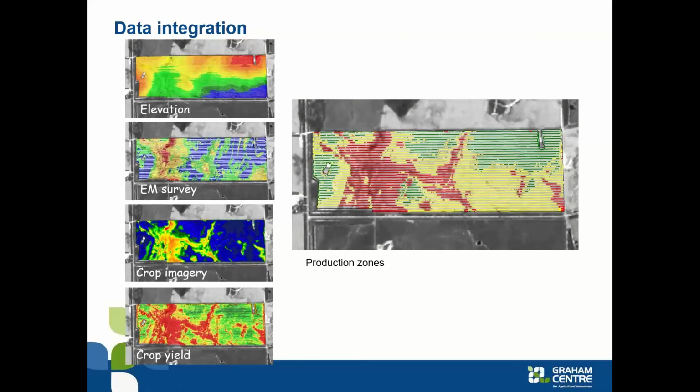Ideally, rather than relying on a single source of information, as we were talking about earlier, it's an even better scenario if we can take multiple types of information. So if we can take landscape information, soil mapping, imagery, yield, it can be multi-years of imagery and multi-years of yield data, run that through a statistical process to generate a productivity zone map, which then tells us, in this case, that the red part of the paddock is producing differently to the green part of the paddock.